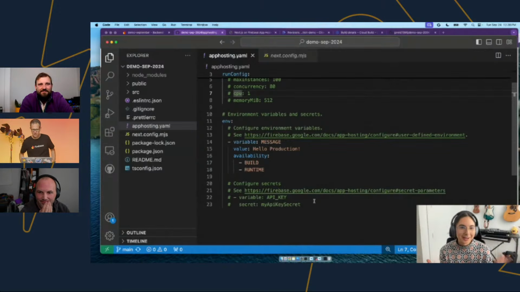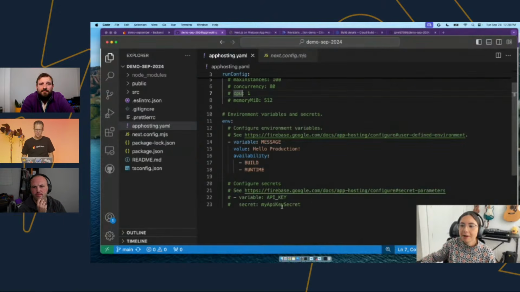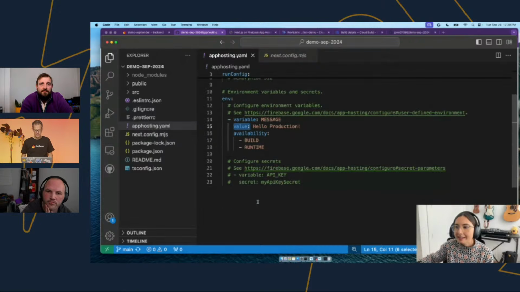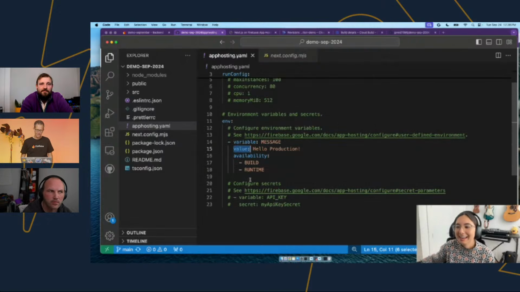Obviously, we don't want you checking your API keys into your source code repository. So you can create a secret in Cloud Secret Manager and then reference that secret in apphosting.yaml by just specifying secret instead of value for the environment variable. And we actually created a CLI command to create the secrets in Cloud Secret Manager. It's firebase apphosting:secrets:set, I believe,